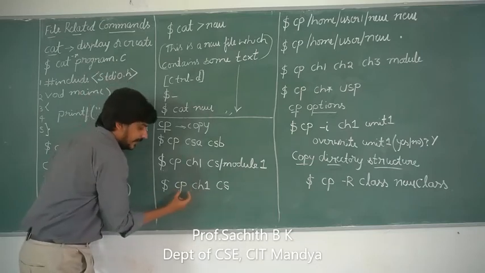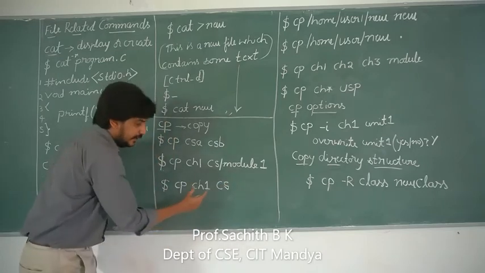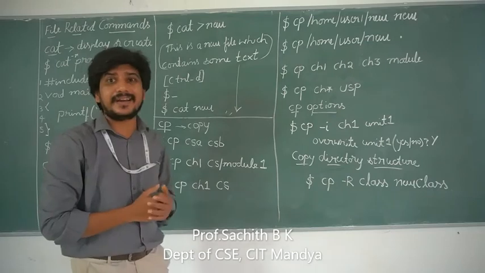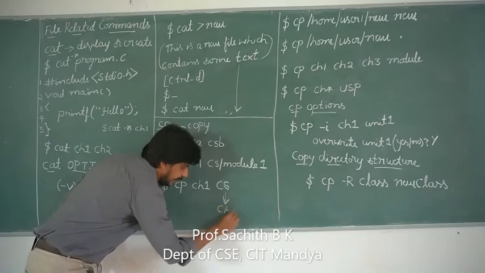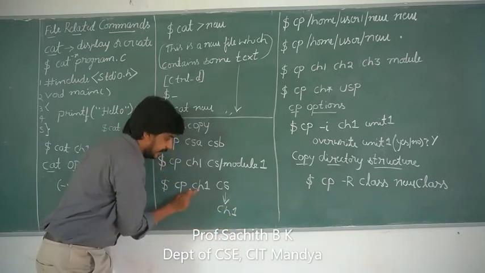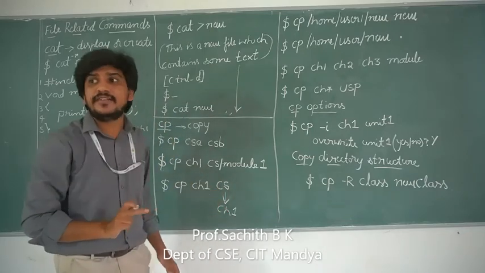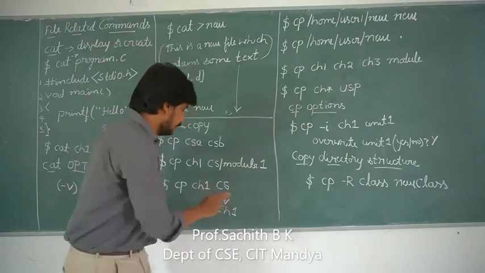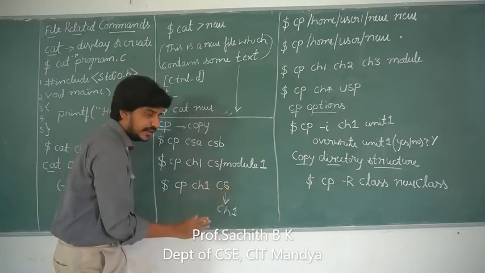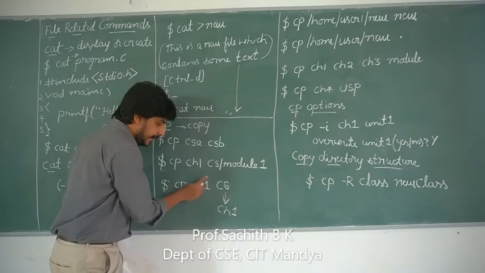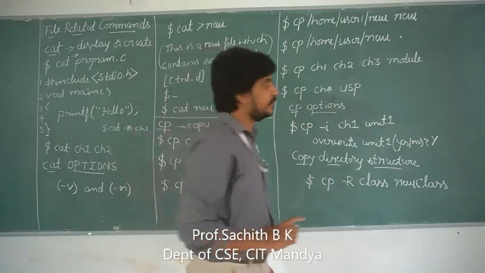When you are copying directly from a file to a directory, it will create a file by the name ch1. Here I am copying the file ch1 to the directory cs. In such a situation, in the cs directory also a file by name ch1 will be created and the contents of ch1 will be copied to ch1, but this ch1 is now residing in cs directory. So you can copy the contents of a file to a directory. In such a case, a new file by the same name of source will be created, then the copying takes place. Let us see some more examples.